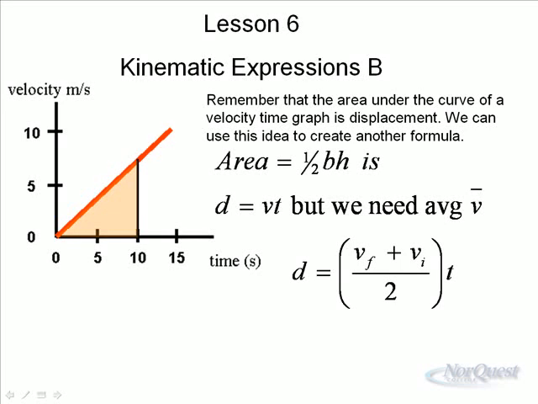by using the formula for distance, which is speed times time, I'm just using my formula v is equal to d over t. Solving it for d, I get v times t. And then average velocity is the initial plus the final. In this case, if you look at that velocity time graph, notice that the initial velocity at 0 time is 0. It's down in the corner there. And then as the time goes, the speed picks up, and so the final velocity is somewhere up around 12 or something like that. We won't use numbers, but you'd go 12 plus 0 divided by 2, and then times the time. Average velocity times time will give us